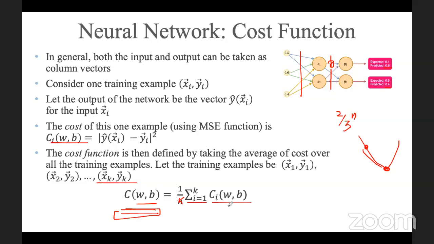And because each example has numbers here and there are numbers in the output, ultimately what you're going to get is just a function in weights and biases. So here C is a function of W and B. It's basically the loss for a particular example, and we're taking the average over all the examples that we have. True. So what we don't want is